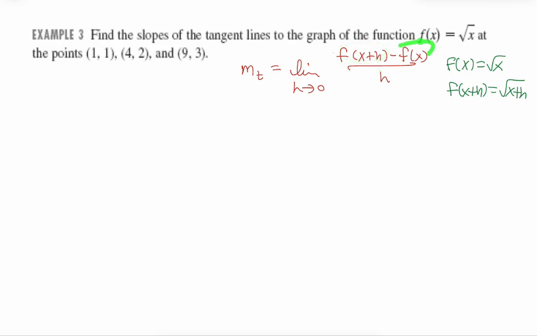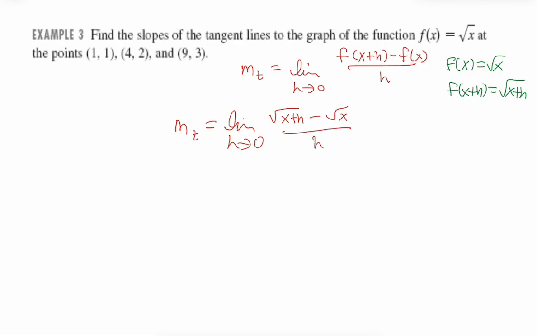You guys sometimes were thinking that f is just telling you which function you're using, so watch that. So let's plug in to our slope formula. That's going to be the square root of x plus h minus the square root of x, all over